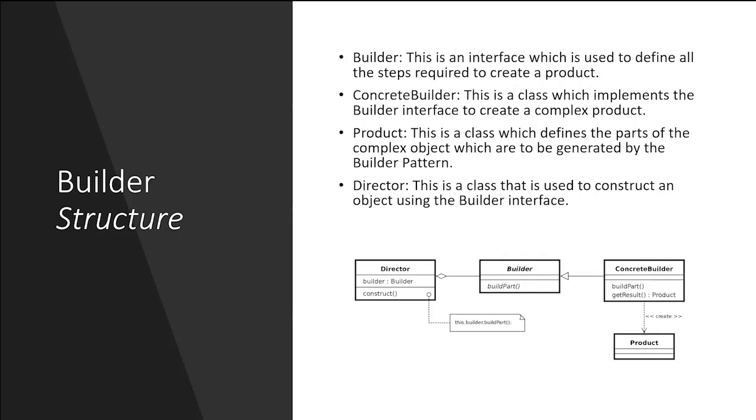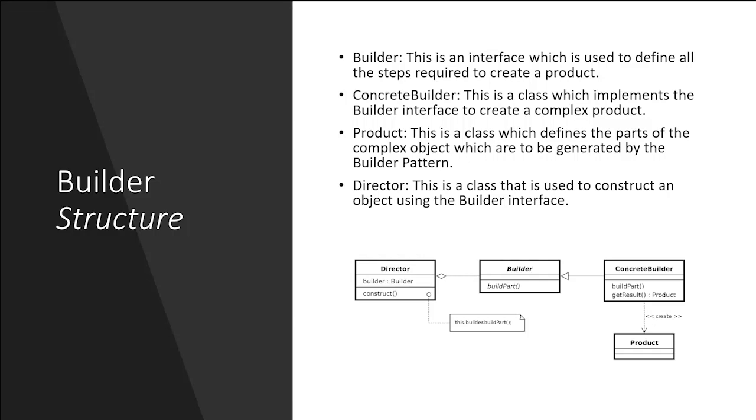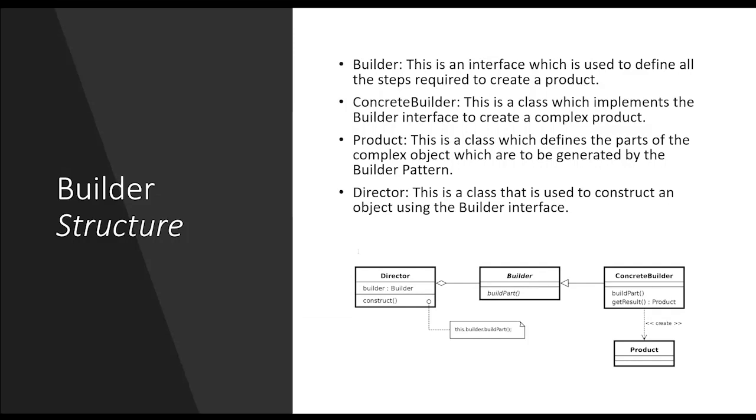So here we are showing you the class diagram, which will be relevant for this one. Let's understand what we are trying to do in terms of our class diagram. Here we have four components. Obviously, one is the product, which will be our car from our previous analogy, and this will be our final output. Product is equivalent to our car. Builder is nothing but the interface, and it contains the steps which I mentioned earlier, like building doors, building windows, attachment of roofs, engines, doing the paintings.